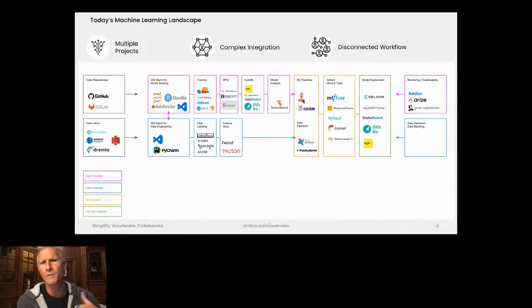So one of the most important things about developing machine learning is the fact that you're not just doing it once. You continue to rebuild this pipeline as new code or new data comes in. And so while you're doing all this with your code, you're also bringing in data at the same time and running it through